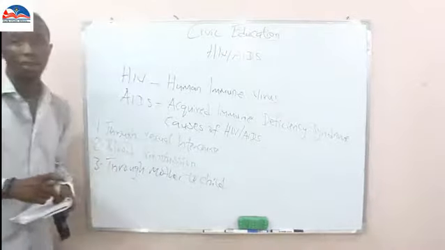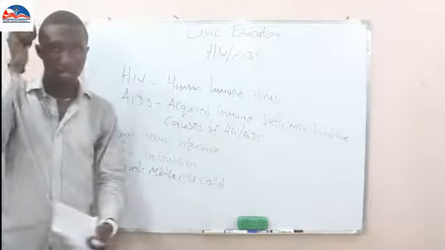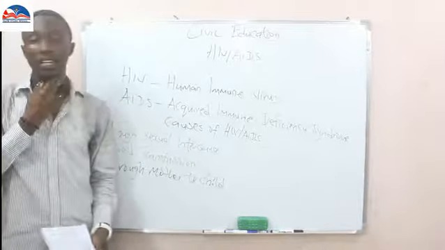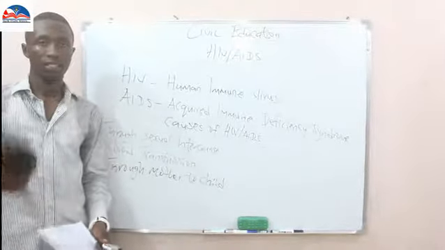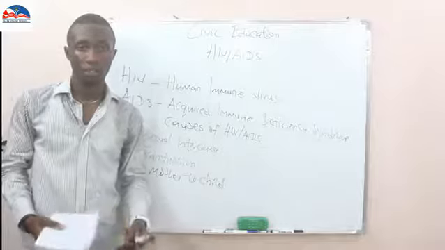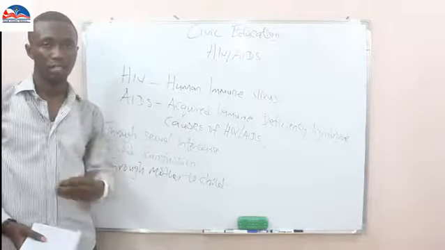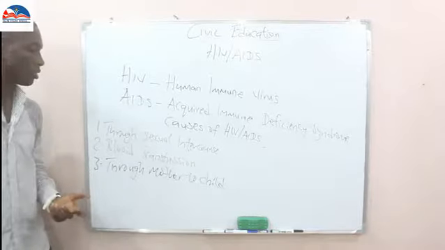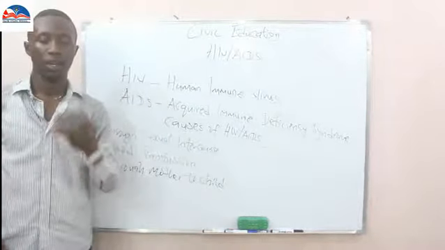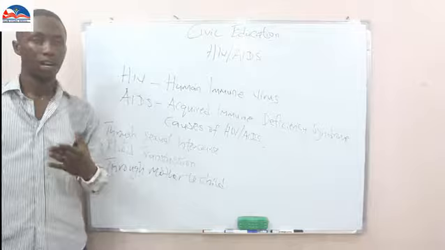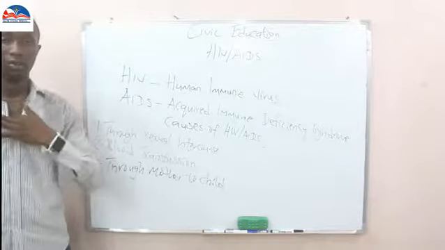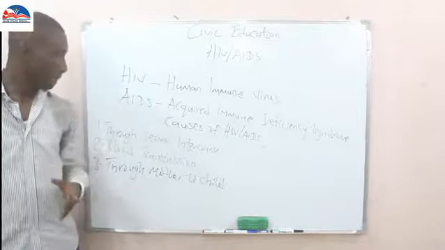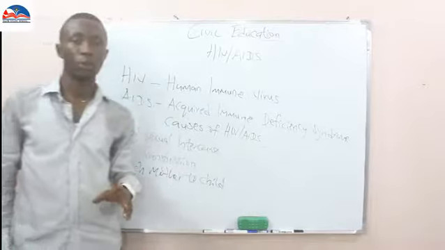Mother to child. If a mother that is infected with HIV gets pregnant and wants to give birth, chances are that the child she is going to give birth to will be infected with HIV. Blood transfusion, sexual intercourse, and mother-to-child infection are other ways one can transmit HIV. And then, aside from that, the use of sharp objects